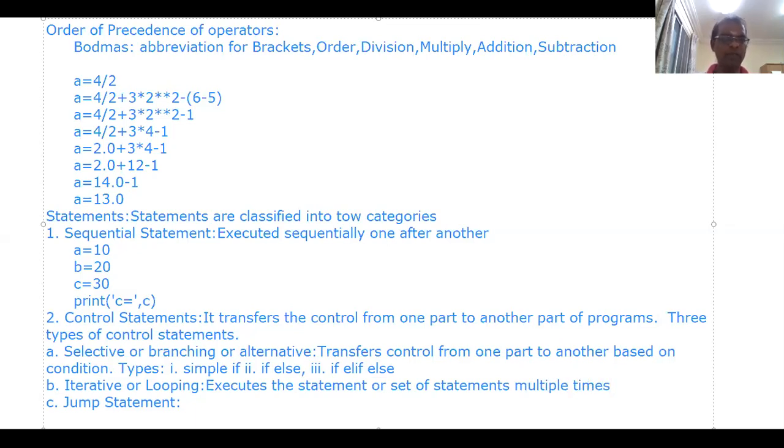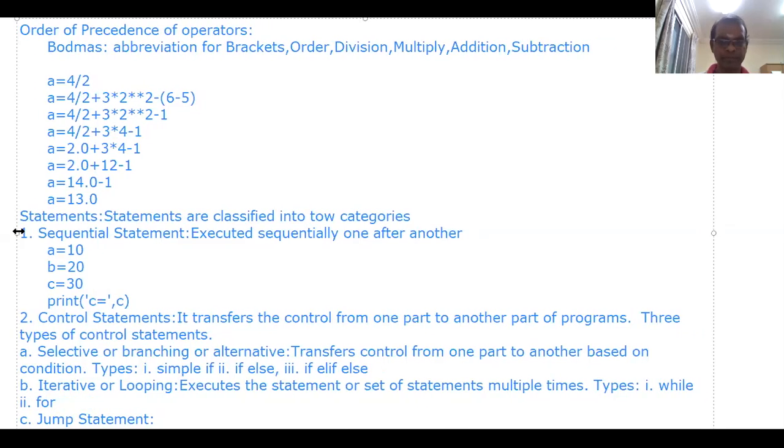There are two types. One is while, second one is for.